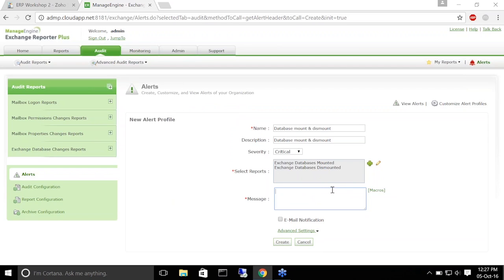You can also select the message here. So we want the message to be something along the lines of this database underwent this change at this time. So in order to do that, let's type in the database. Using macros, you can select store name. So when you put this macro, it lists out the name of the database that underwent a change. So the database, the name of the database